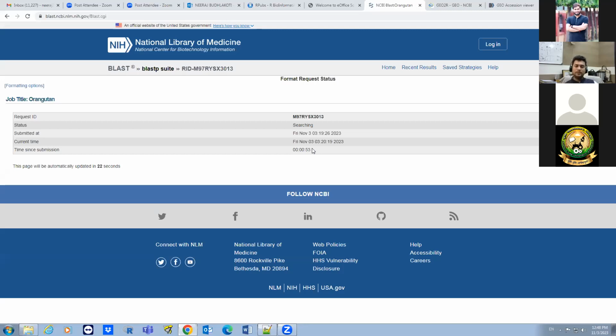So doing BLAST means searching for the homology and similarity of your sequence against the sequences available in the public domain. Okay, so you can restrict those sequences on the basis of e-value, p-value, query cover, and total accumulated score. So there are certain criteria, although NCBI already gives you the information in sorted way.